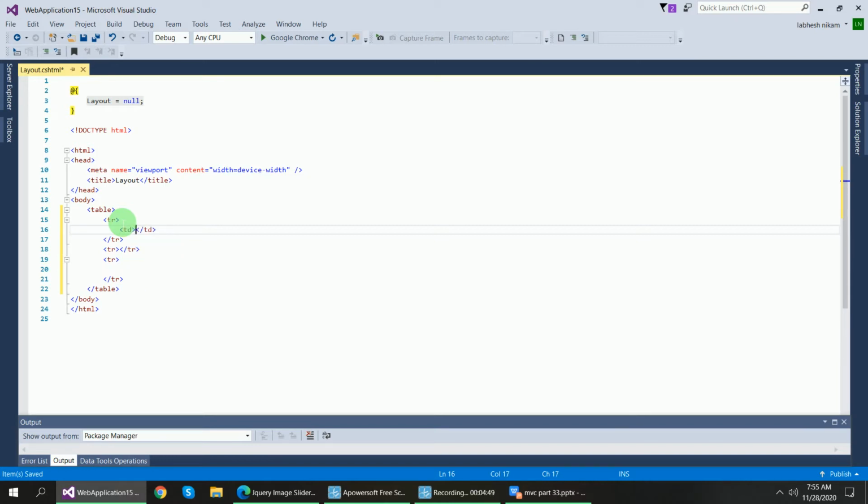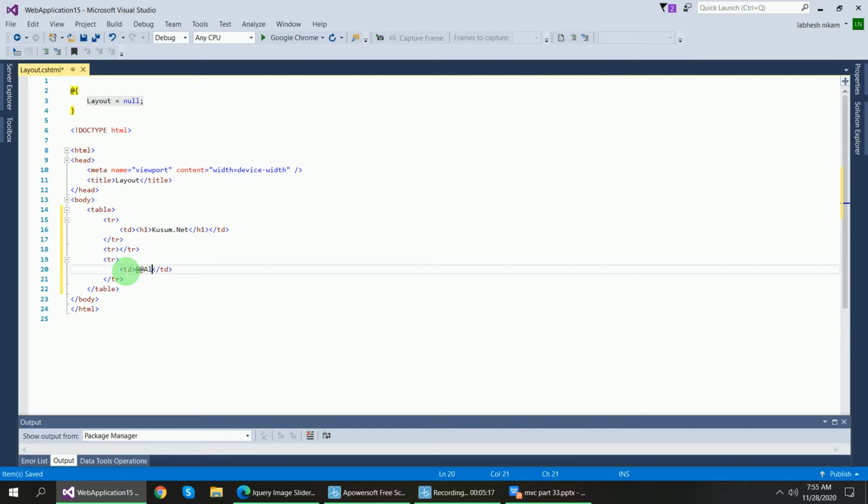Inside this TD I will write h1 kusum.net. And in the footer part of this table I will use a TD, and inside of that we'll write @